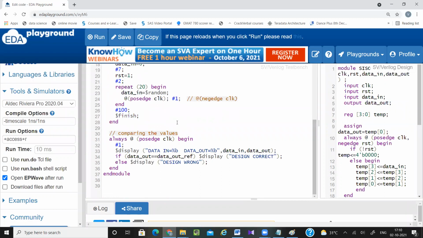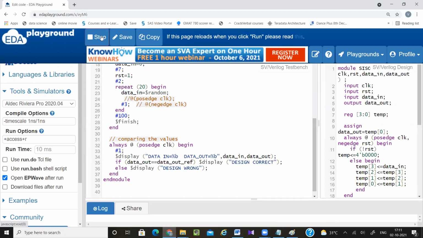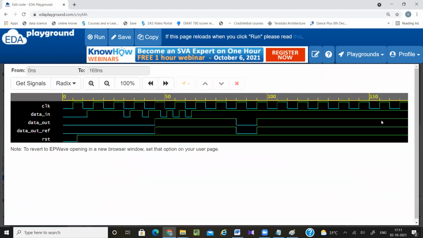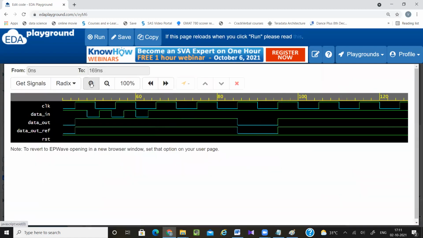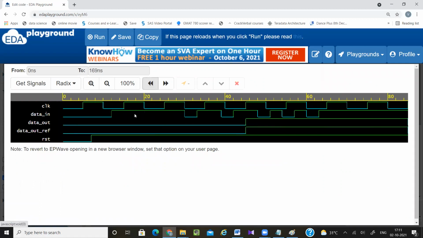So what I'm doing, I'm just commenting this one. And here you have let given some #2 or #3. Now here, this passage captured the value.